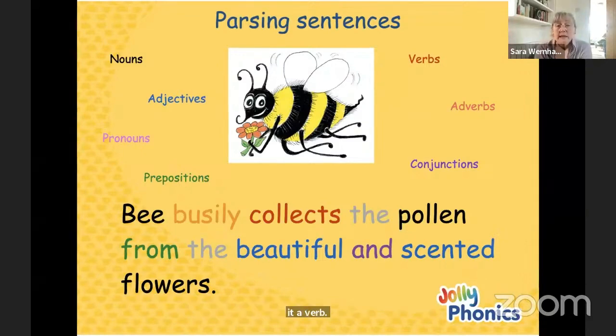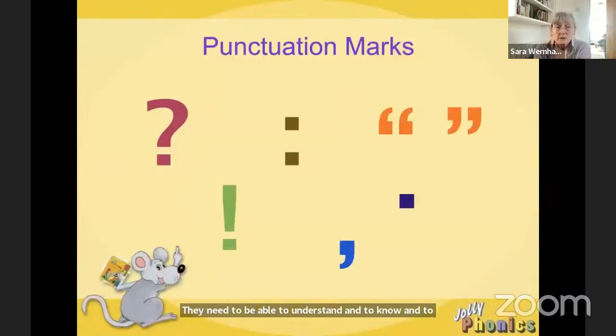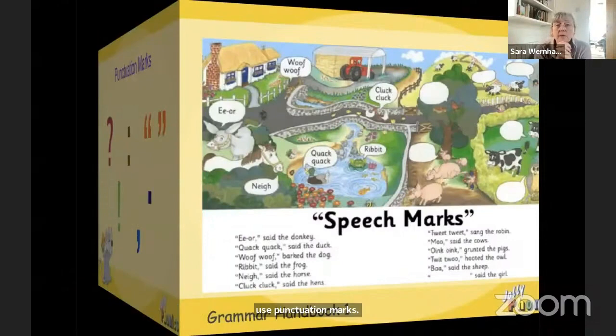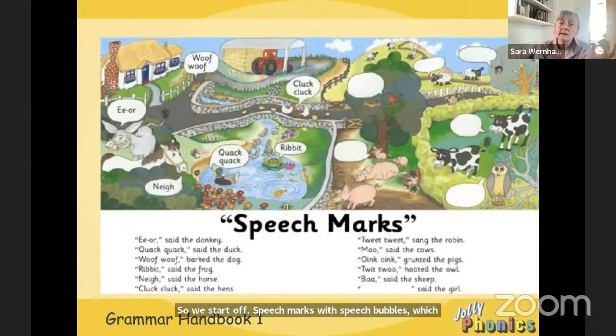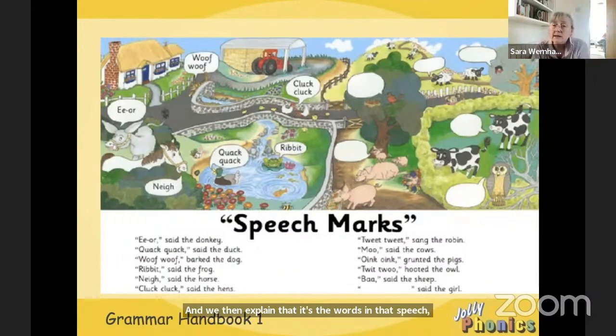Now, particularly for their writing, they need to be able to understand and to know and to use punctuation marks. So we start off speech marks with speech bubbles, which children often see in comics, and they understand that that bubble contains the speech that person or thing or animal in this case is actually saying. And we then explain that it's the words in that speech bubble that go inside the 66 and the 99, the